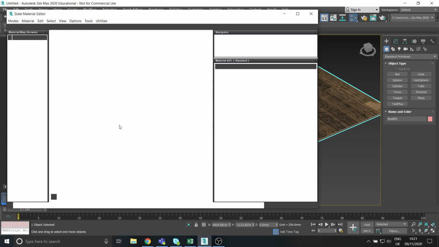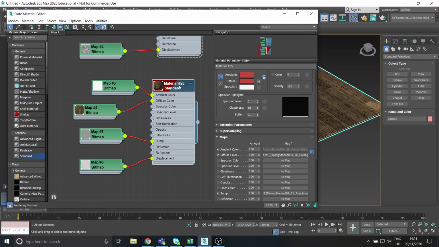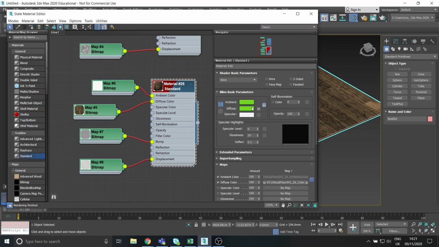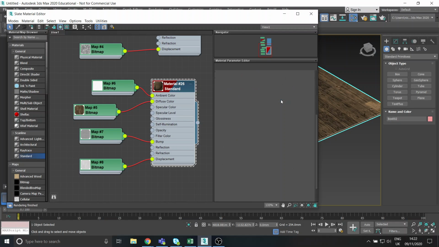All right, so go to our materials. We've got our material applied. So if we go to our actual, well, actually double click this so that you've got your material parameters, and you'll see you've got a trail around this so that we know this is the one that we have selected. Okay, so I'm going to come into the maps and into our channels here, and you can see in diffuse color I've got that image that I imported. If I click that,